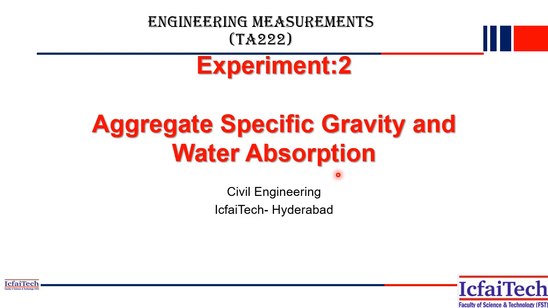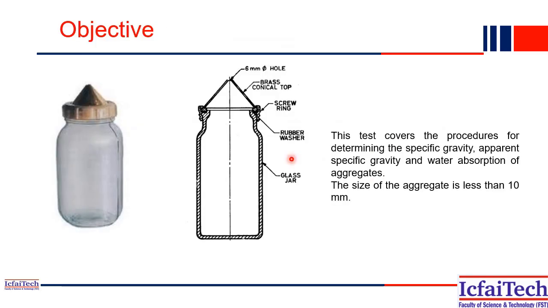In this experiment, we'll be performing the aggregate specific gravity and water absorption test, because when rain falls on a structure, the aggregates try to absorb water from the outside. If more water is absorbed, the aggregates try to expand and many other issues will come. So before using a specific grade of aggregate, we have to understand whether the water absorption is too high or too low, and what the specific gravity of the aggregate is. All these things are very essential to understand. So let's get started with this experiment.